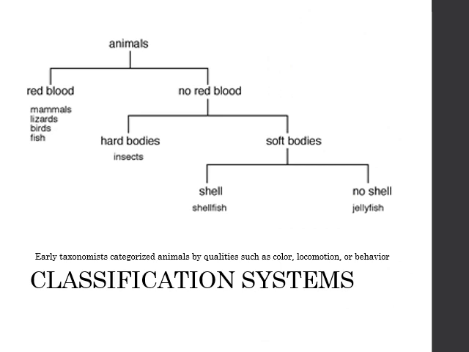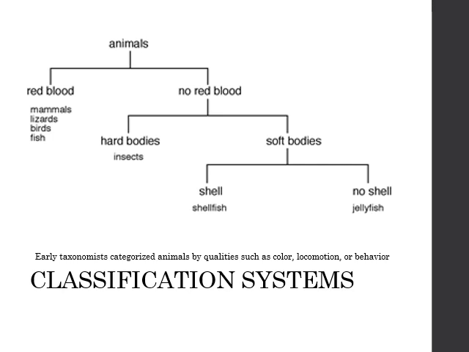So this is how early taxonomists began to think. Let's just classify things based on how we recognize them. You start off, this is an early tree where they looked at just animals. Now we're not just looking at man and beast. Now we're separating out the animals and saying, well, some of them have red blood, and some of them have no red blood. Red blood is things like fish, birds, lizards, mammals. Then we looked at the non-red-blooded things, all the other things that move. We said some have hard bodies and soft bodies. We've elevated that particular category above the others.